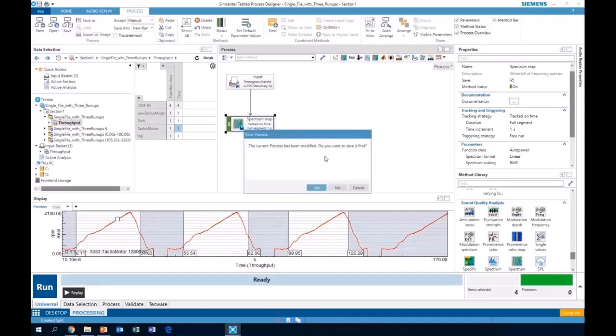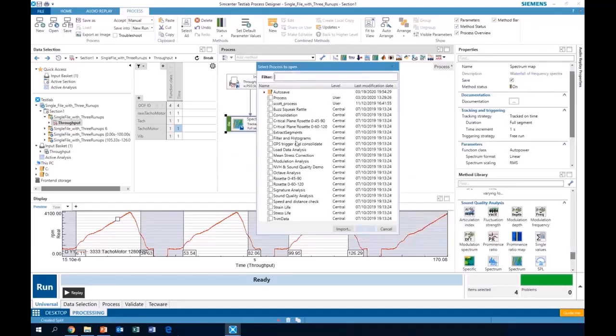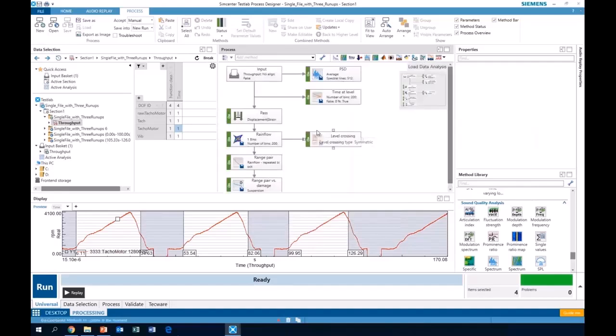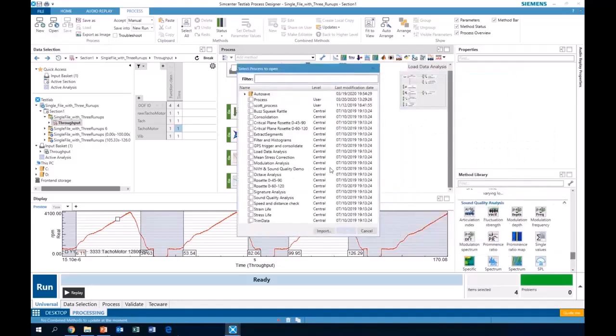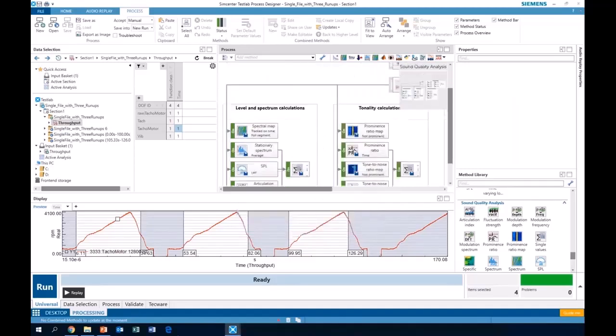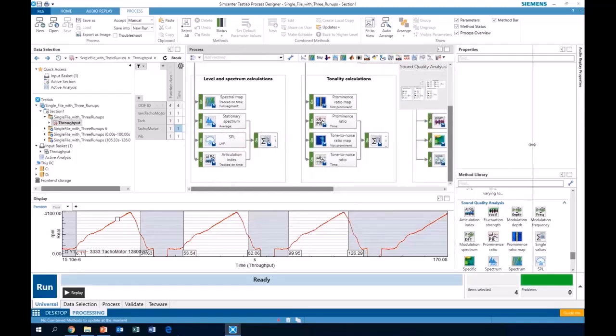So if I go to open here, we do have a list of predefined processes that come with this. If I want to do load data analysis, I could hit OK here, and it has the process already defined for me. Or if I hit open again, I could select something like a quality analysis, for example. And so it has a pretty elaborate process there.